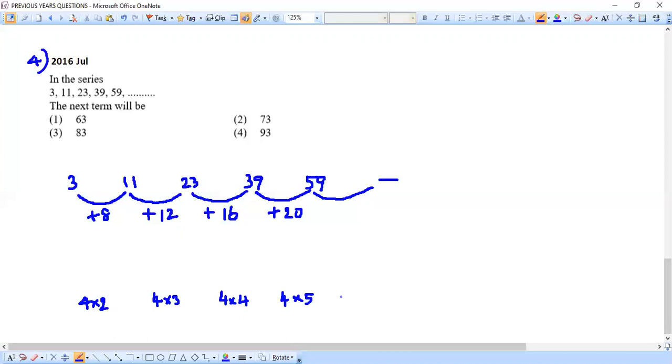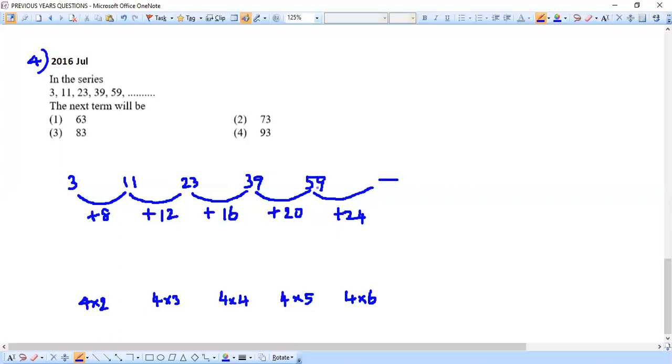So what comes next, that we need to find. Obviously, what will come next? The number that we are going to add here, what will that number be? That's our next task, is it or not? So very simple, 4 into what number will come? See here, 4 twos, 4 threes, 4 fours, 4 fives. And what comes? Obviously 4 sixes. 4 sixes are, I know, 24. So that means we need to put plus 24 here.